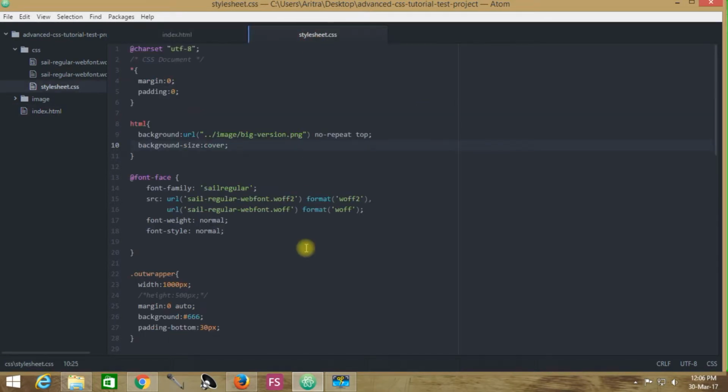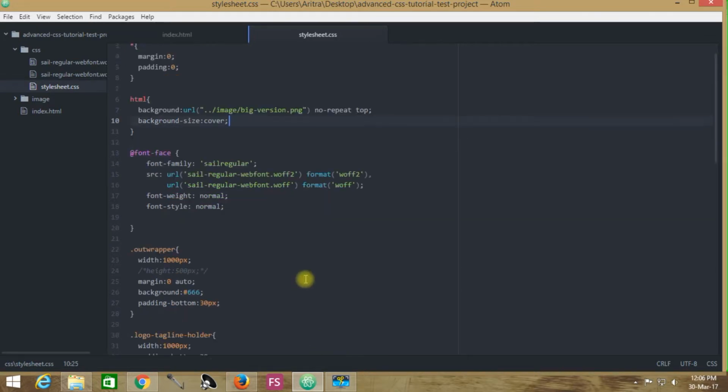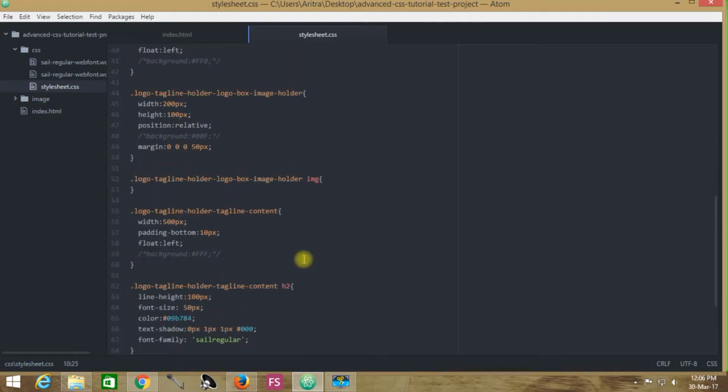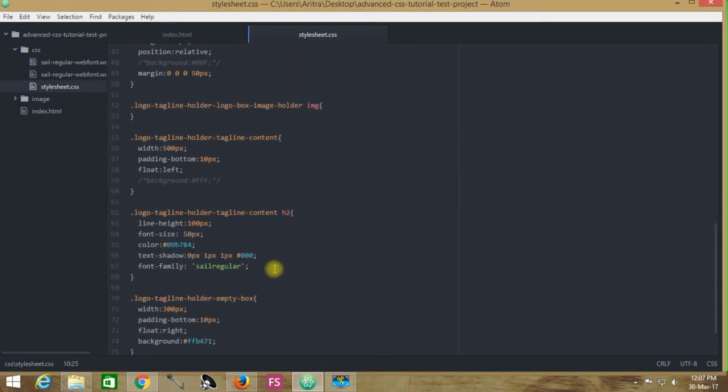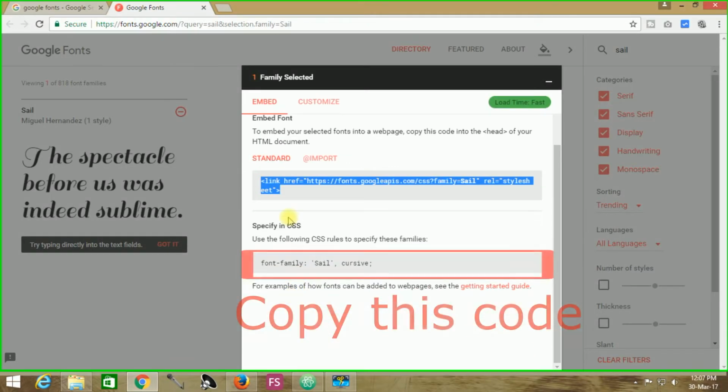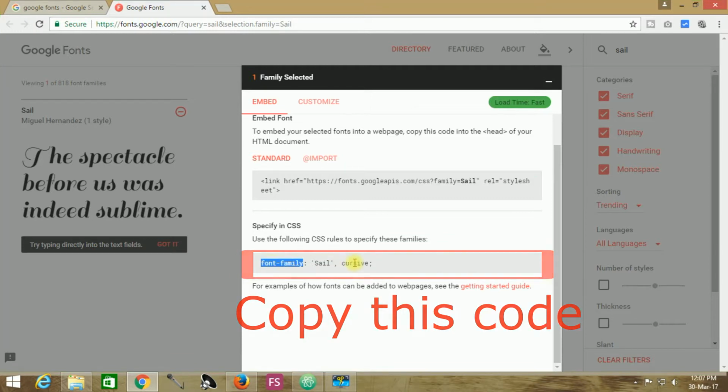Then all we need to do is get back to stylesheet.css, and in the h2 header tag where we intend to use this font, first of all we are going to comment out the font family that has been used in our previous tutorials, and then we go back to Google Fonts again and specify this font family in our CSS.